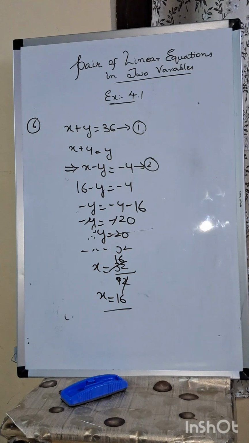So this we need to find in the equation. Okay, its dimension means its length and breadth. So 16 and 20 is nothing but the length and breadth of the rectangular garden. Okay,